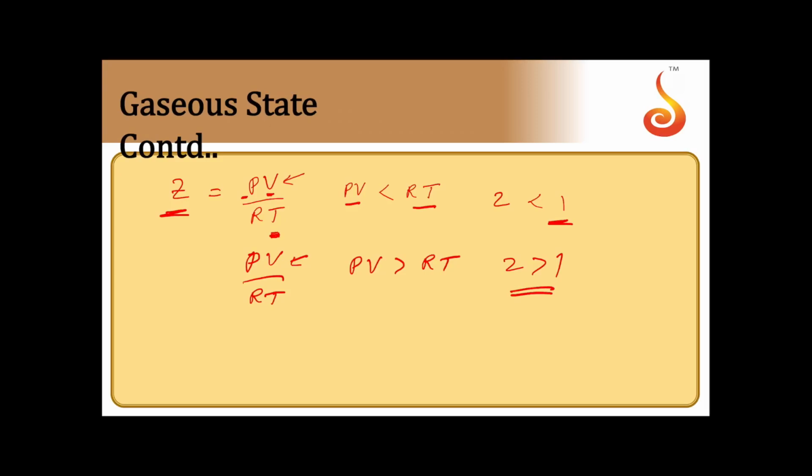So, compressibility factor Z less than 1 means they have lesser volume than the expected volume, so PV is less than RT. Lesser volume means they are experiencing more force of attraction. Suppose the volume is more than the expected volume, it means they are experiencing repulsions. Therefore, PV is more than RT. So, whenever gas molecules experience repulsions, the compressibility factor Z is going to be more than 1.